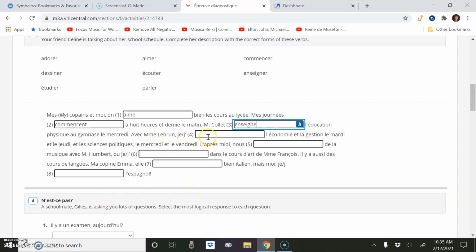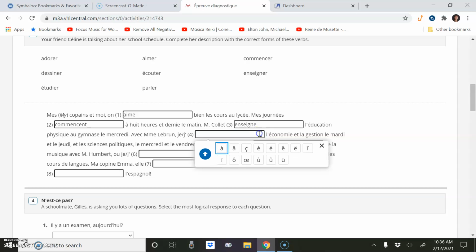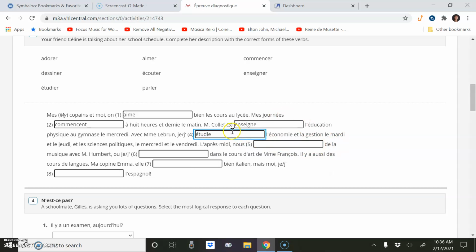Avec Madame Lebrun, je blank économie et la gestion le mardi et jeudi. Those look like classes. Let's see. Economy and management class there on Thursday. So what are you going to do for those classes? Probably, you gonna draw them, talk them? No, you're gonna study for them. Yeah, étudier. So let's hit étudier. And because it's je, it just ends in e. Take off the r. J'étudie l'économie et la gestion le mardi et le jeudi, et les sciences politiques le mercredi